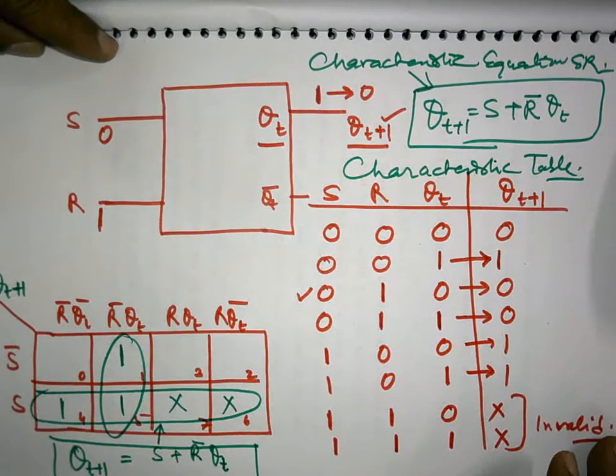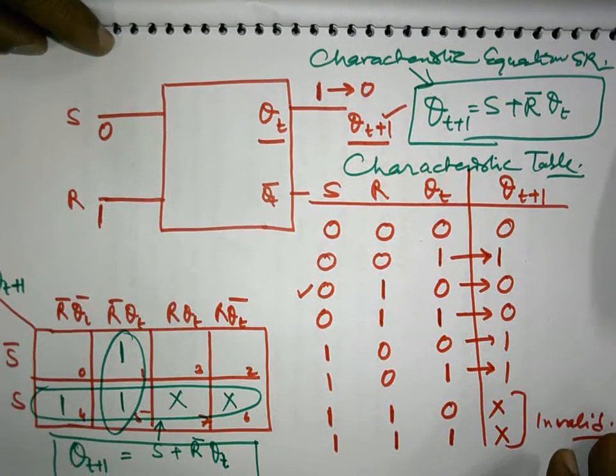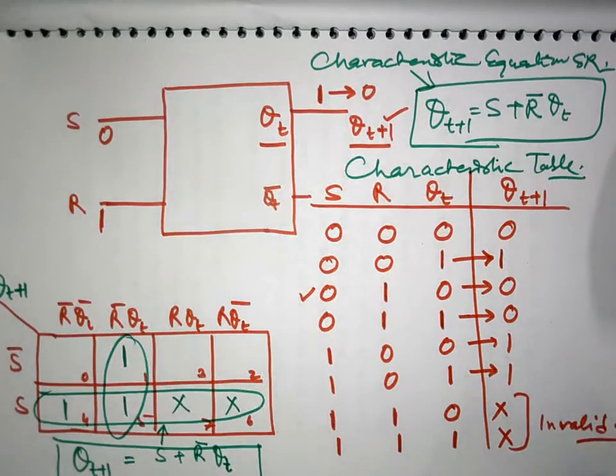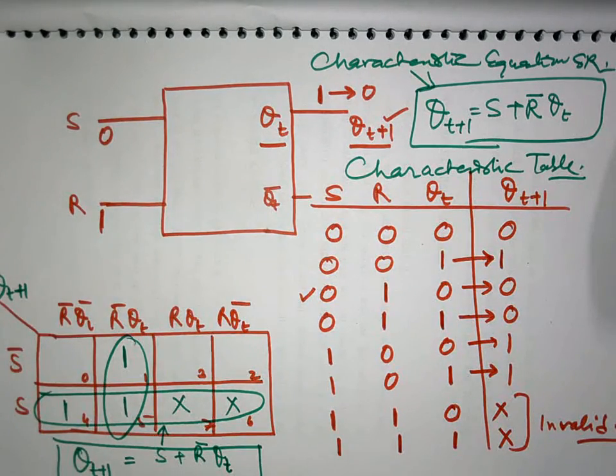In the next lecture, we will discuss the D flip-flop. First, we will discuss the SR latch, meaning we will realize the same SR latch using clock circuitry. Then we will call it a flip-flop. There will be control from the clock side also. Then the D flip-flop, then other flip-flops like the JK flip-flop and T flip-flop.